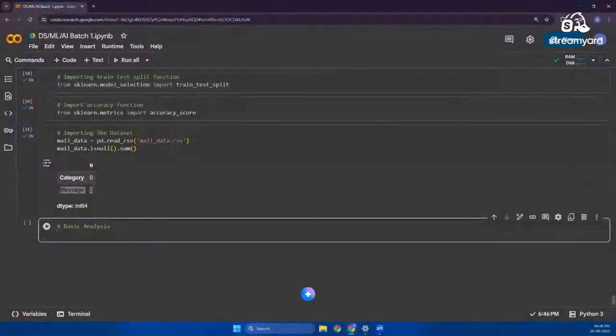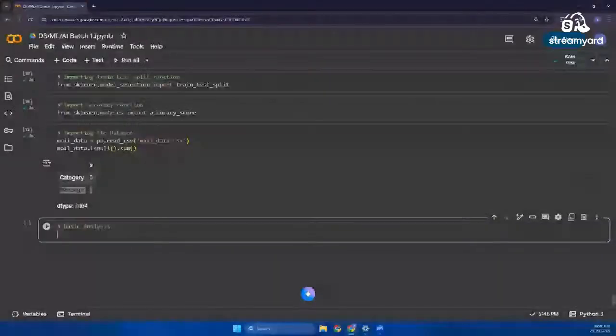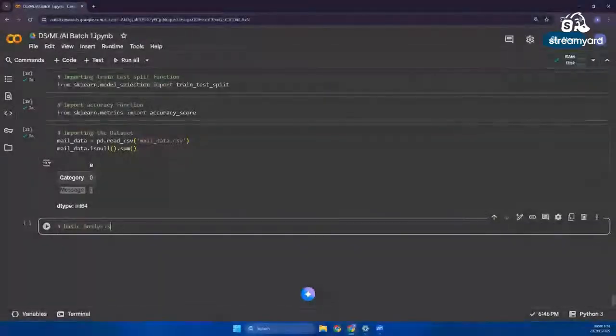Can anybody tell me how we can do this? I want to check how many ham emails and how many spam emails are there in my data set. How can I do that? So if I run the mail data, very good, very good. If I run the mail data,